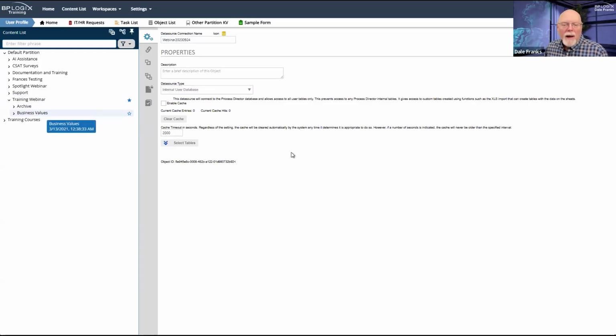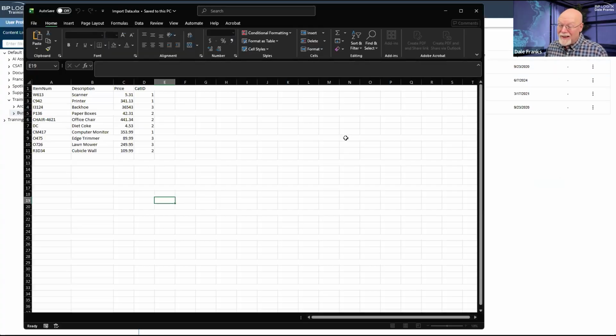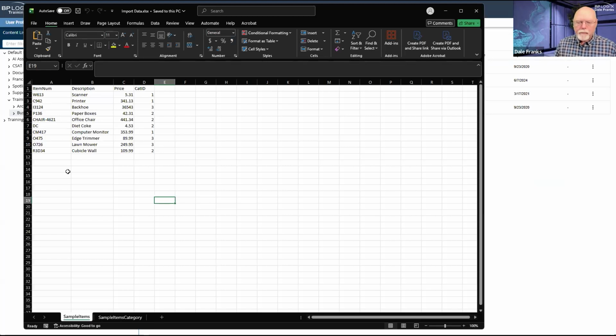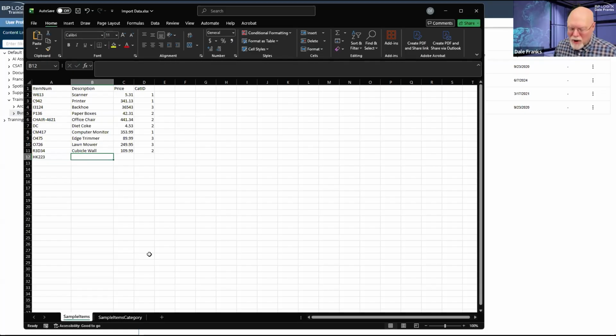So if we go back to our Excel file, let's just open it. I have all of these items, so let's just add an item. And I'll make up an item number. What will we call this?